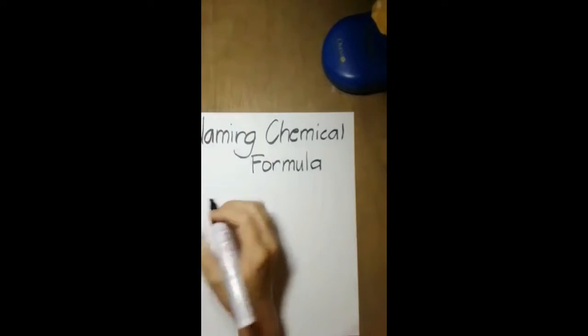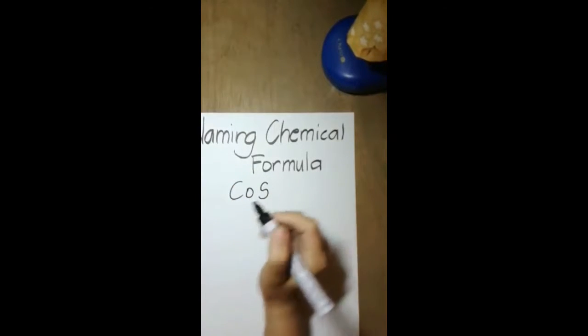If a formula is given by a transition metal followed by a non-metal, then the name of the formula would depend on the charge or the subscript of the following element. This can happen by inserting Roman numerals in parentheses after the name of the said transition element. Let's say, for example, we have